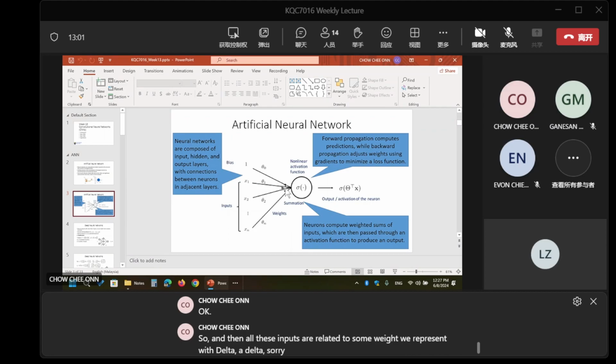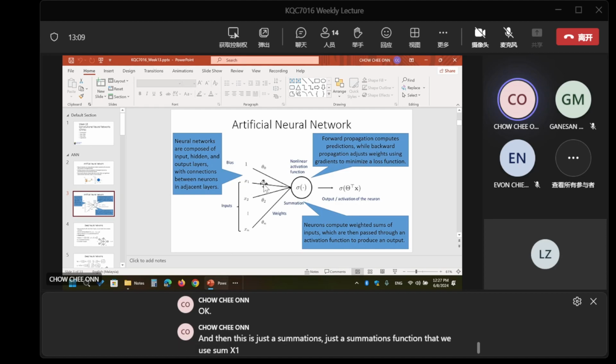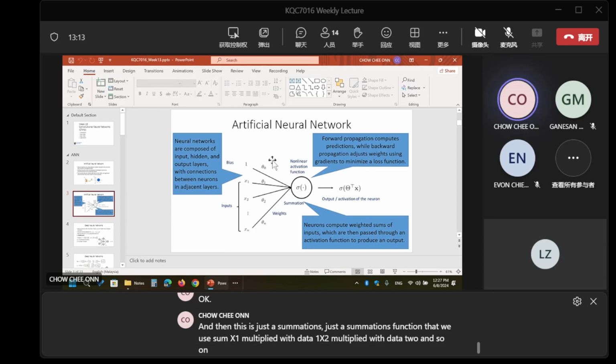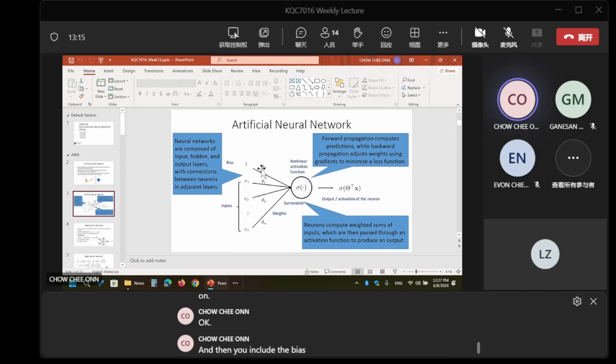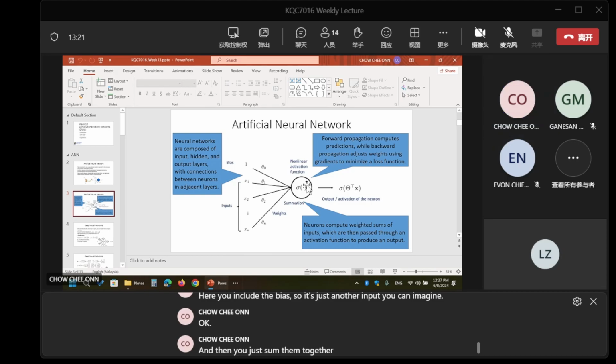Then there is a summation function, that means you sum x1 multiplied with theta 1, x2 multiplied with theta 2, and so on. And then you include the bias here, which is just another input you can imagine. Then you just sum them together.